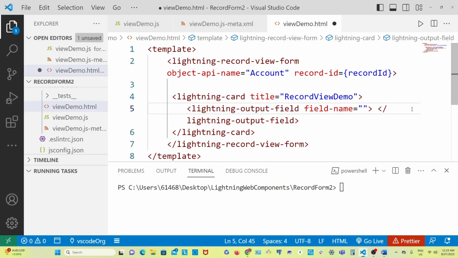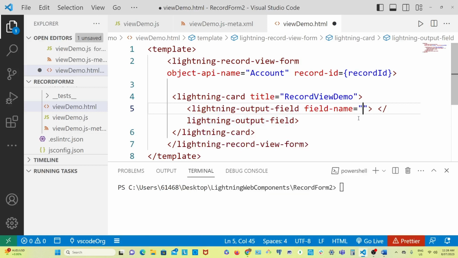Okay, there are three forms in LDS: Lightning Record Form, Lightning Record View Form, Lightning Record Edit Form. Now, in our first example here, we are using Lightning Record View Form to fetch the data from Salesforce. Alright, so